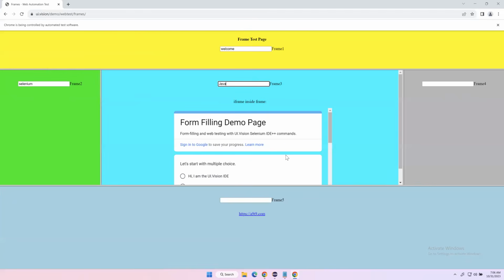All right, now we can see we are able to interact with the first element in frame 1, second element in frame 2, third element in frame 3. So now currently our driver is present inside frame 3. Now we have to interact with the